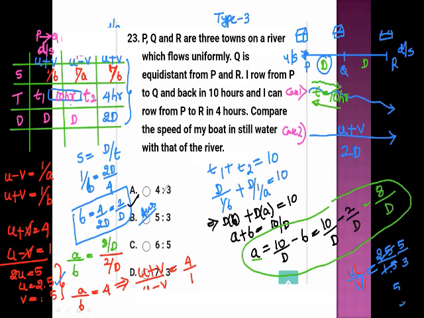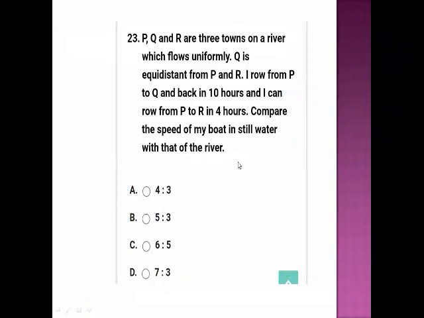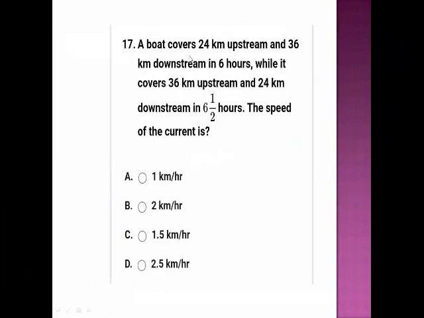Okay. Next question. So next question, this is